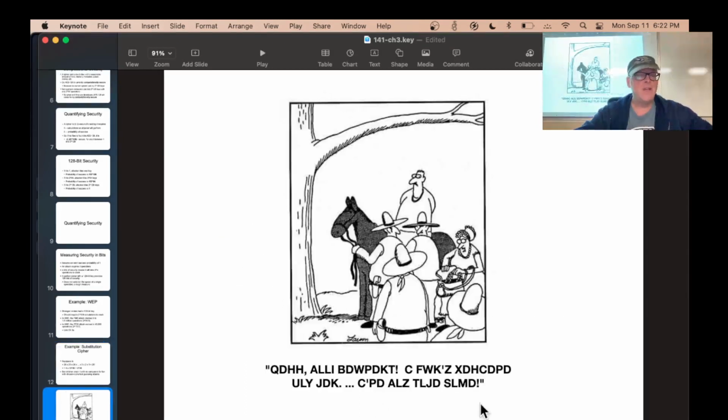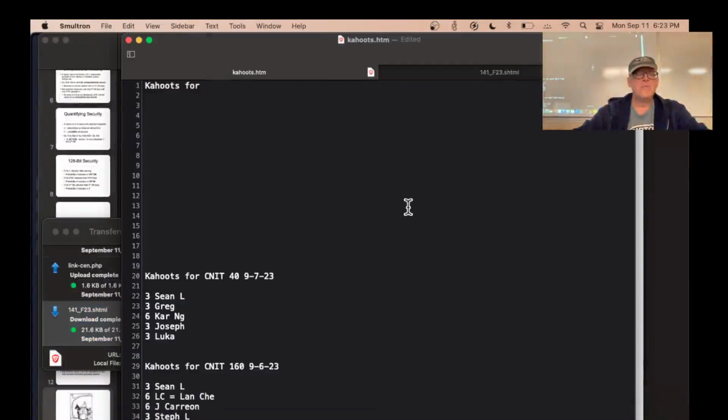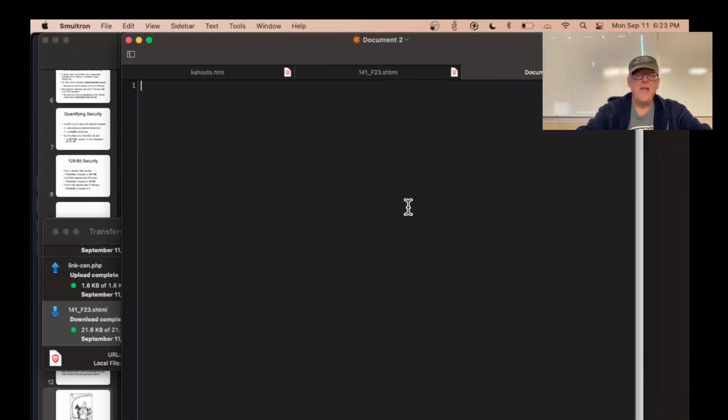And here, for example, well, I couldn't find these. When I was a child, these were in the Sunday newspaper, so I just made my own. You have a cartoon here, and there's the cryptography, and you can crack this with no computer at all, even though it's an arbitrary substitution cipher. So let me demonstrate it. Let's get a new page and put it here.